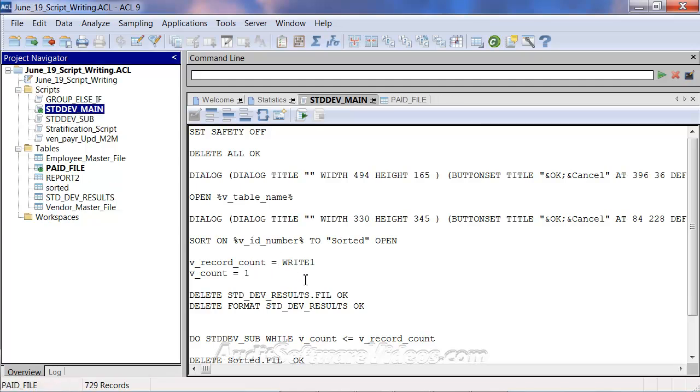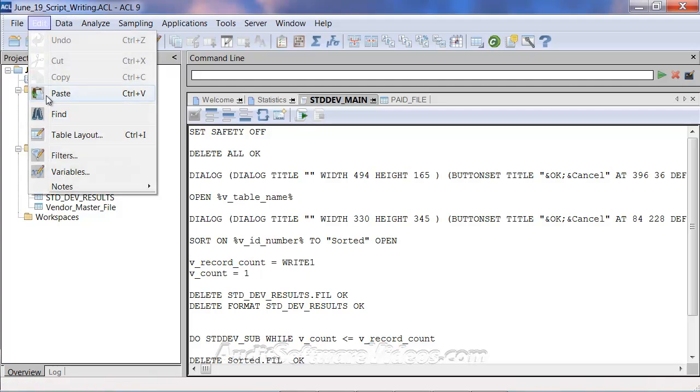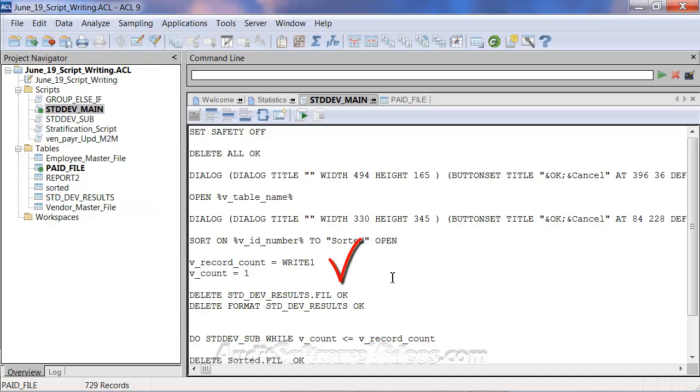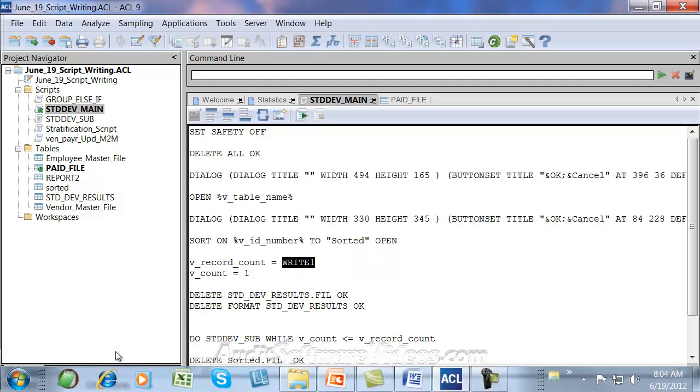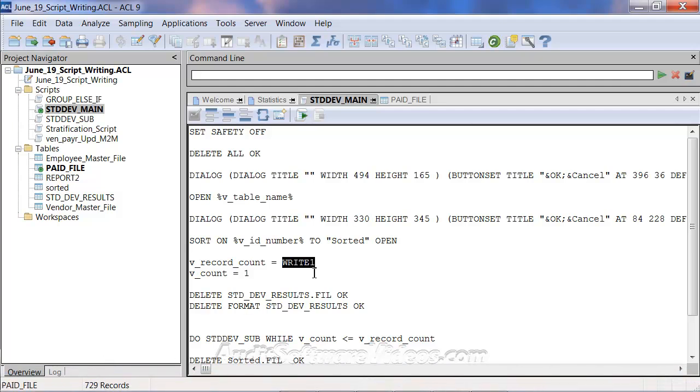Now, whenever you sort a file, it will create a variable, and again, variables are stored here in the Edit Variables section, of write1. Write1 is the number of records that you have in that particular table. In this case, it's 729, which is right here. We're also going to set the vCount variable equal to 1. So that's going to set up a 729 for vRecord count,